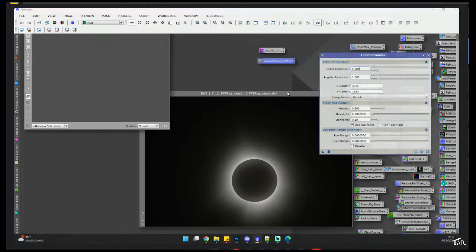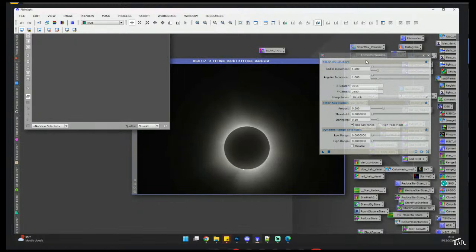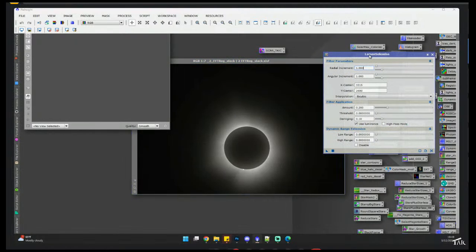In any case, there are several cryptic settings to adjust here, but there's not a ton of settings. So this is one where you could definitely go play around with the settings. But if you want a place to start, the most important thing is this X and Y center. You need to have as close to the center of your actual sun object as possible, or else it's not going to line up properly. So let me show you what I mean by that. So if I set this to very wrong values